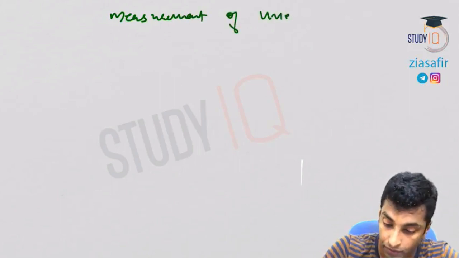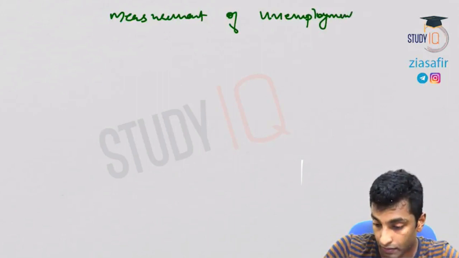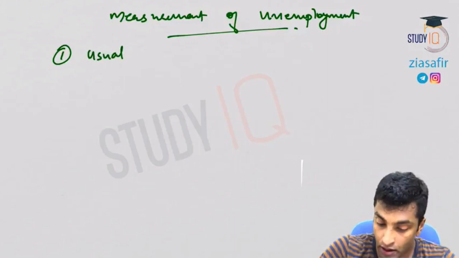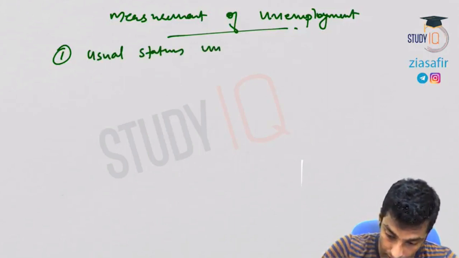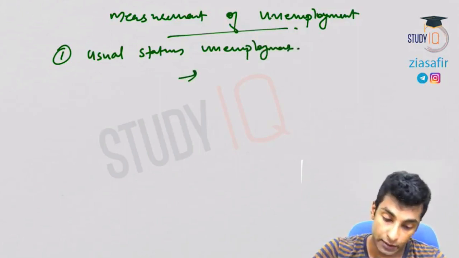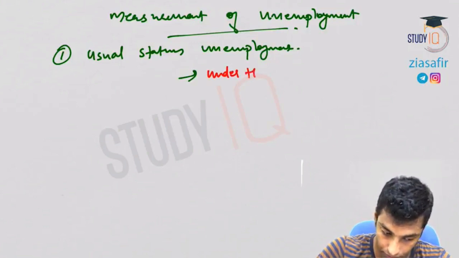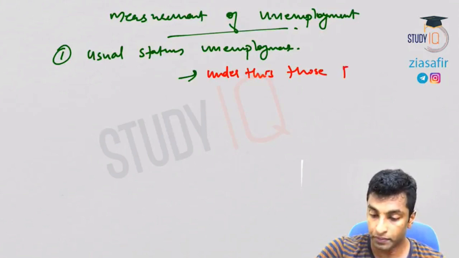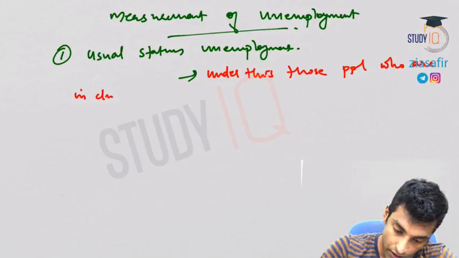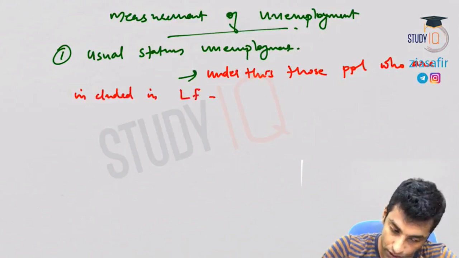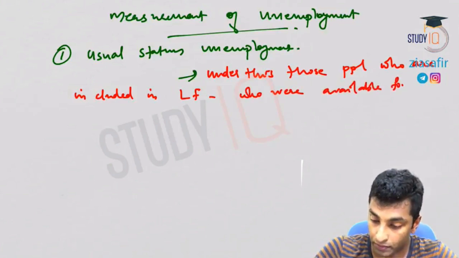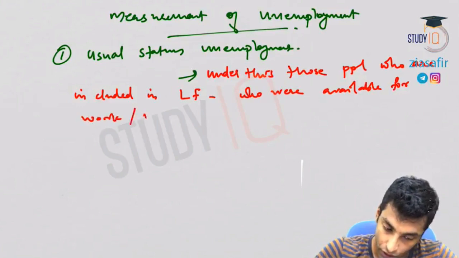Now here, let's look into the measurement of unemployment. The first one is usual status unemployment. Now let me write down first and then I'll explain. Under this, those people who are included in the labor force, who were available for work or working for